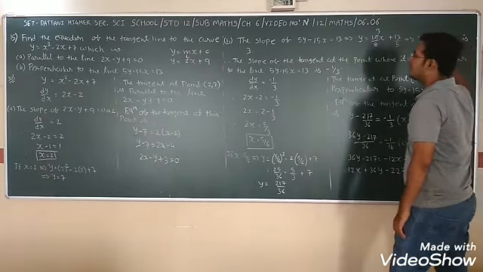But the line is perpendicular. It means that it is the slope of the tangent at the point where it is perpendicular. So the slope becomes minus 1 by 3 because it is perpendicular. That's why it shows that there is a normal. dy/dx is equal to minus 1 by 3.